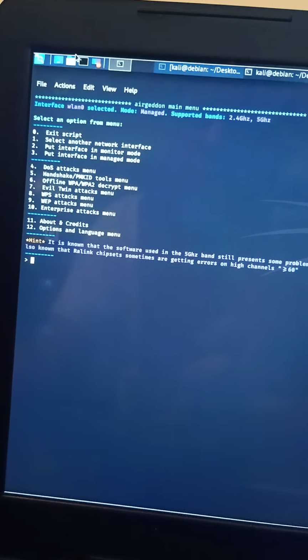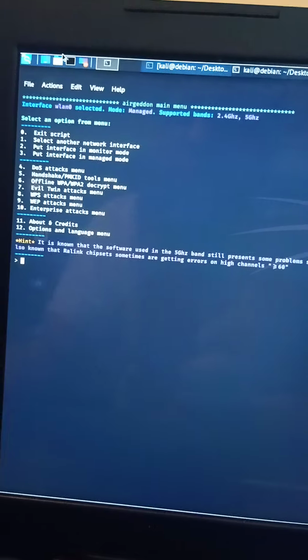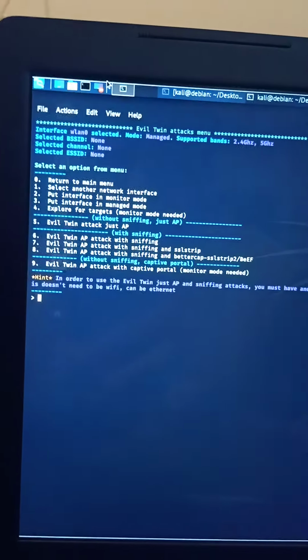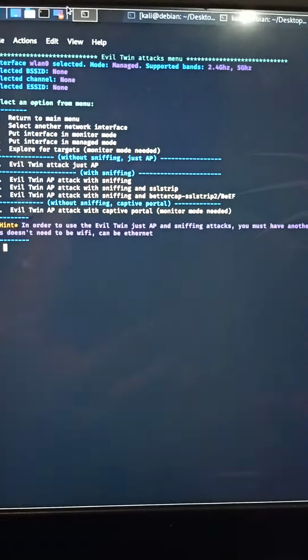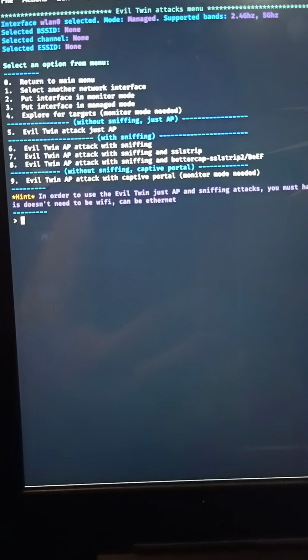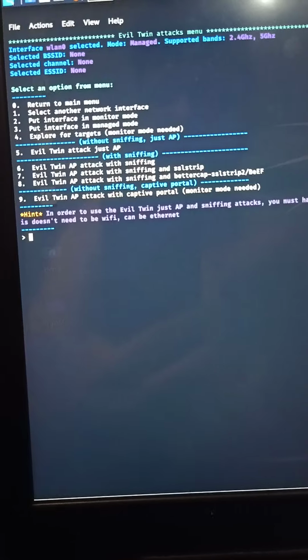So we have the DOS attack menu, handshake tool menu, offline WPA/WPA2 decryption, but on number 7 we have the evil twin attack menu, which we are going to use. So 7, and I will continue. Now you can see there are a bunch of options for the evil twin access point. And first of all, I'm going to put